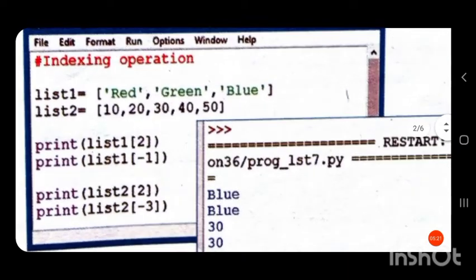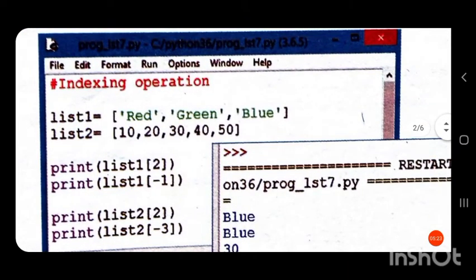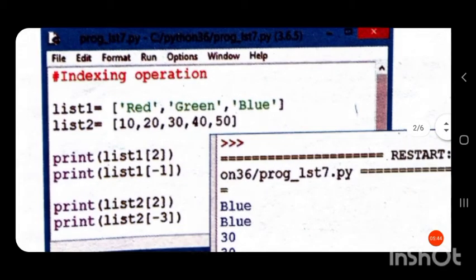So you know that only 3 elements are there in list 1. The index value of red is 0, index value of green is 1, index of blue is 2. Or we can use negative indexing, that is blue is the last element, so its index is -1.